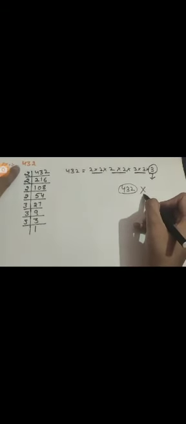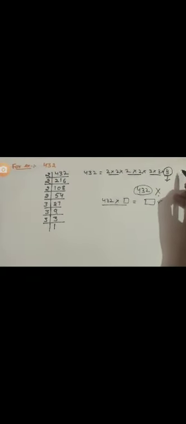And if the question asks by which number we should multiply 432 so that the answer we obtain is a perfect square: since 3 is left unpaired, if we multiply by 3 one more time, it will get paired and the answer you obtain will be a perfect square. So the answer will be 3. That is, if you multiply 432 by 3, then the answer you obtain will be a perfect square.